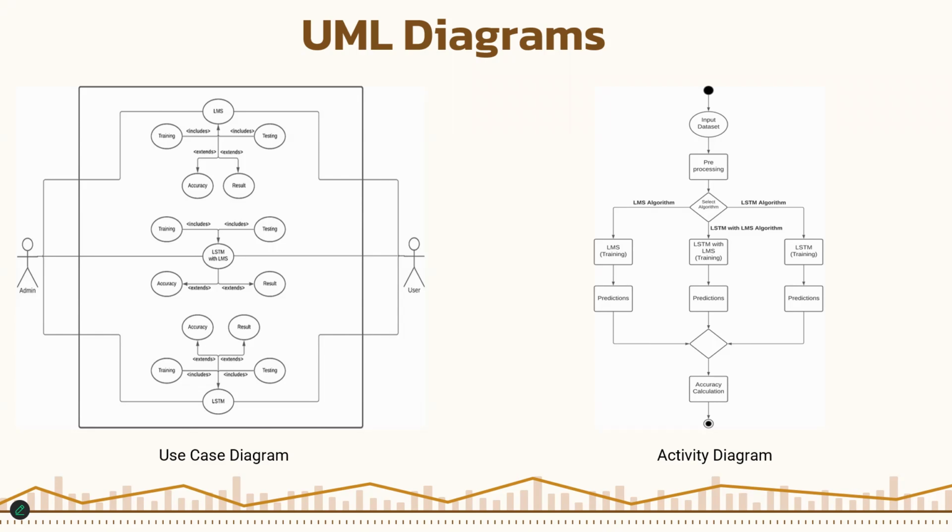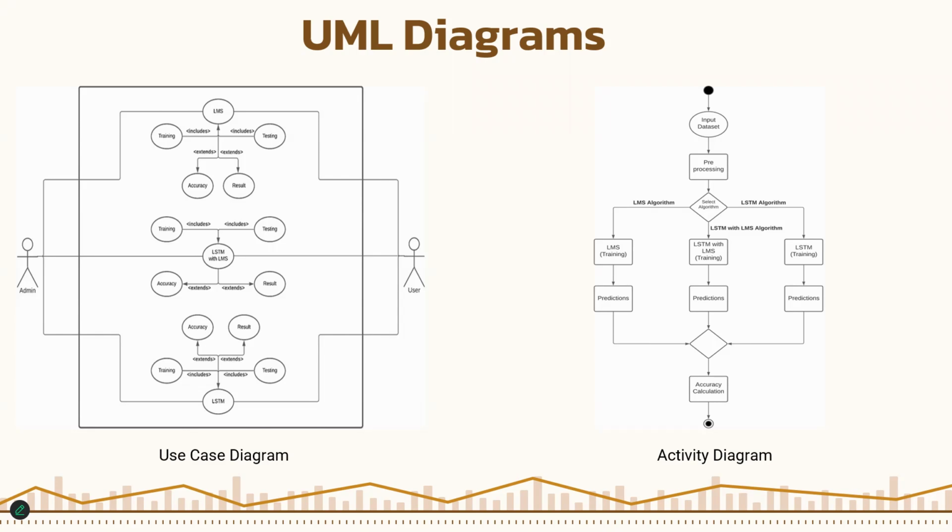The process extends to include comparison and improvement as required. The user interacts with the system to get predictions and results from the trained models. Users are not directly involved in the training or testing process, focusing only on accessing the outputs generated by the models. Workflow: each model, LMS, LSTM, and LSTM with LMS, includes training and testing phases. Predictions are generated after training. Results and accuracy are calculated and extended for further user interaction. The diagram highlights how both admin and user engage with the system at different levels, ensuring functionality across training, evaluation,